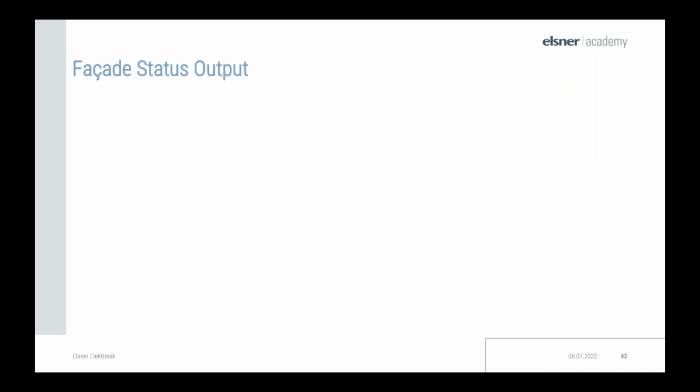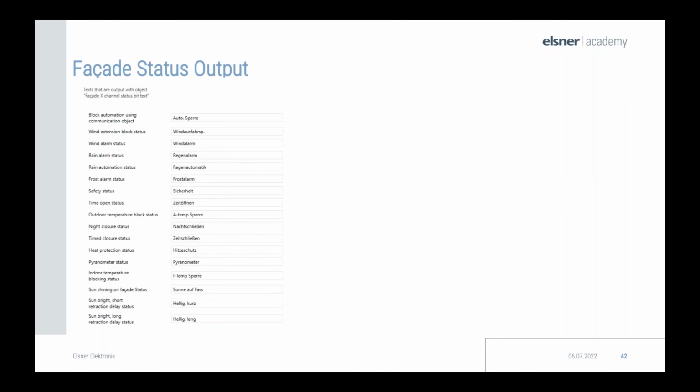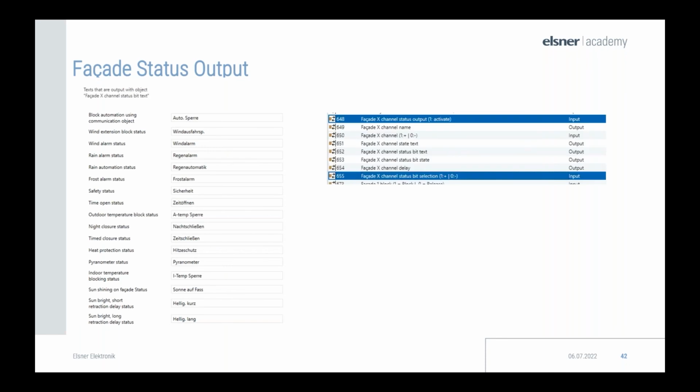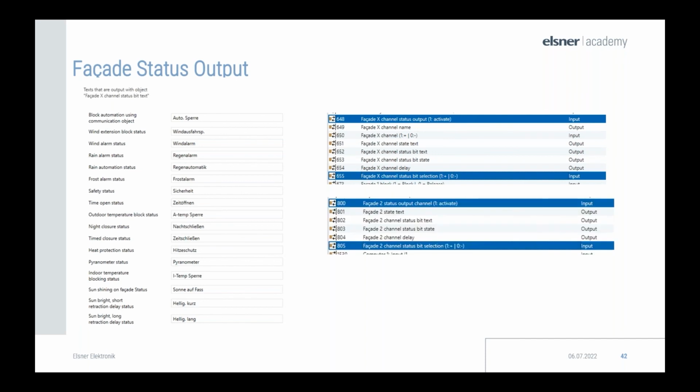Let's talk about the active facade status objects. The sun tracer includes a status output object of the facades via communication objects. Here you can see the parameter and the objects. Via the status output X, the status messages of all facades can be viewed with plus. You can scroll through the individual facades to query the status output. The same objects exist as an individual status message for each facade. These are called facade 1, channel status output. Those ones.